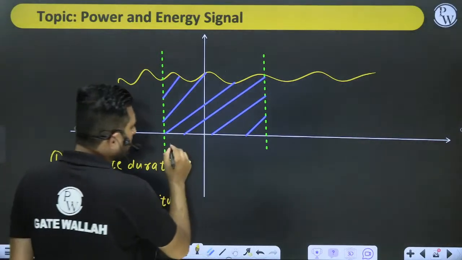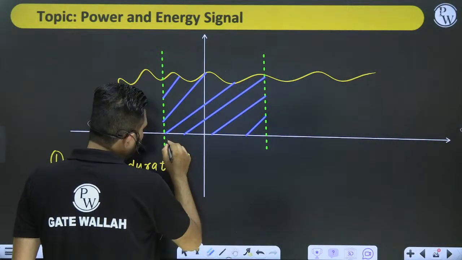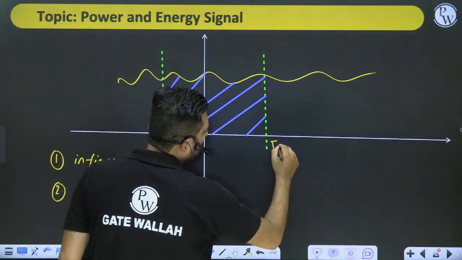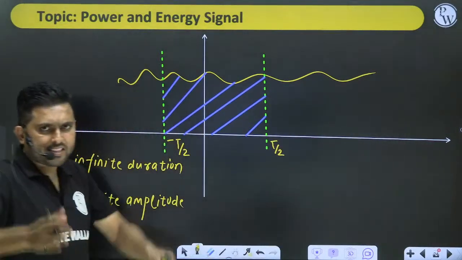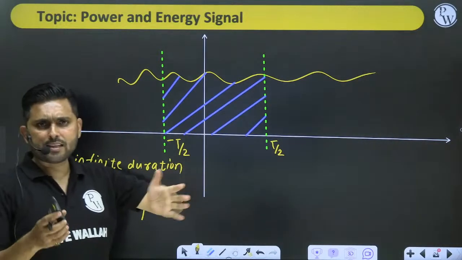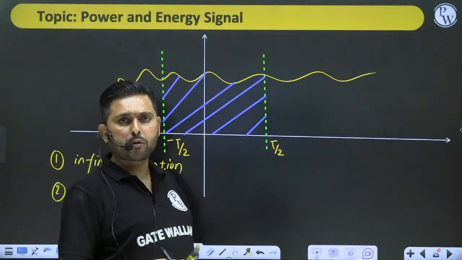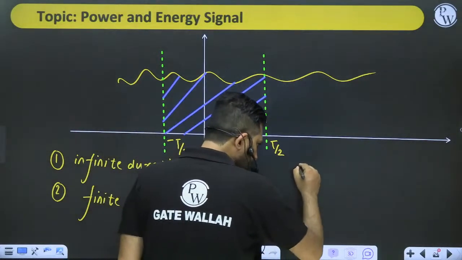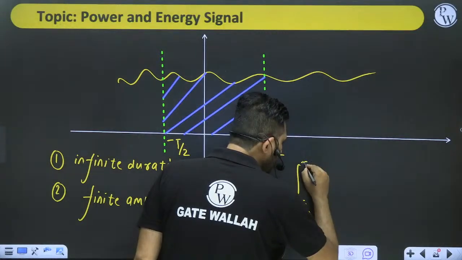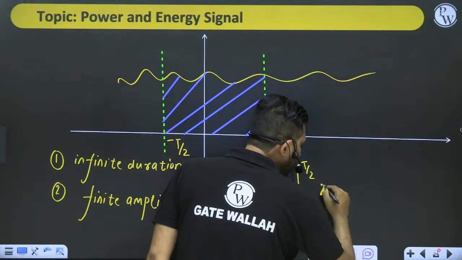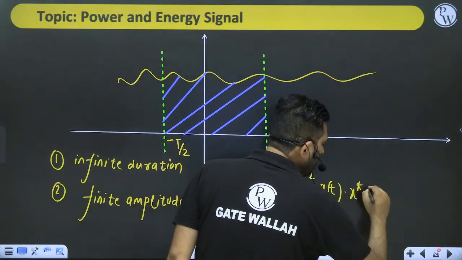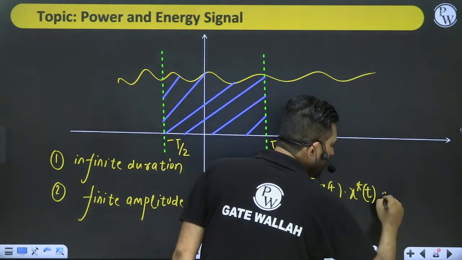Let's consider this region to be from minus T by 2 to T by 2. You may take any bound, but let's consider a symmetrical one. Between minus T by 2 and T by 2, I am finding the energy: the integral of x(t) times x conjugate(t) dt,